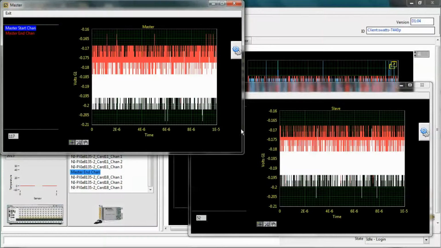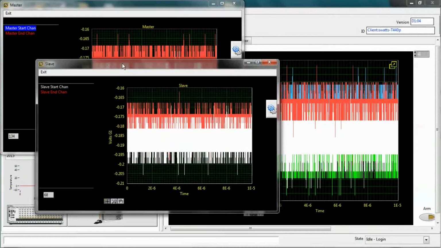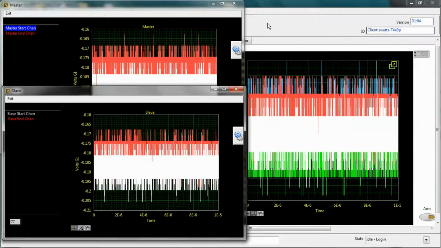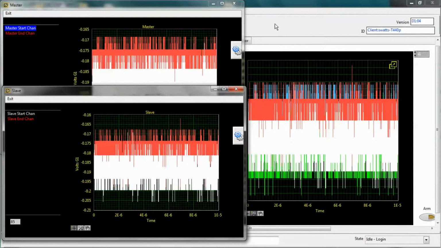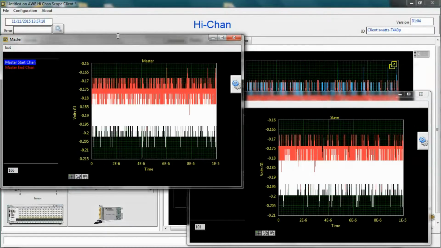You can see that's happily chuntering away, just bringing back immediate data from whatever it's seeing. So now, once I've finished fiddling around,